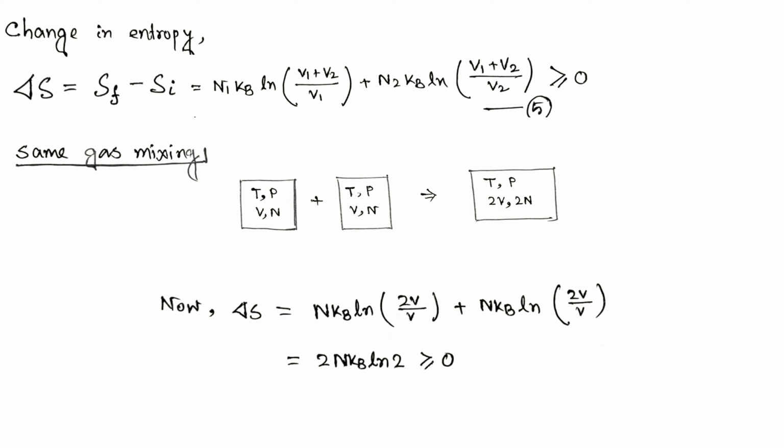Now think logically. We are taking two portions of the same gases. We are allowed to mix them and then separate them again. But there is no difference between the initial and the final state of the system. So you can consider it like a reversible process. So here entropy should not change. So logically the entropy should be 0, but mathematically it does not come. So where is the problem?